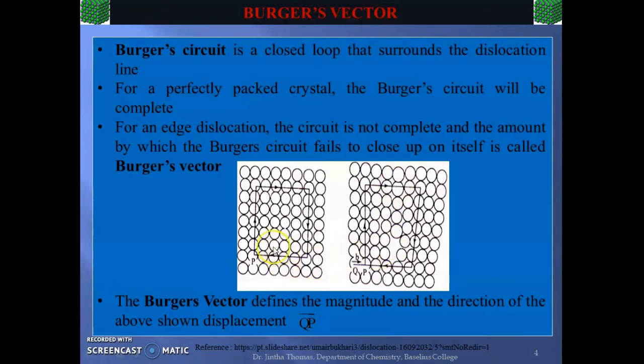Now let us follow this closed loop that is drawn through few atoms in the case of this perfect crystal packing and also in the case of this crystal system containing an edge dislocation. Let us start drawing the loop from the point P, and we are planning to complete the draw by going 6 steps up, 5 steps to the right, then 6 steps downwards and again 5 steps to the left.